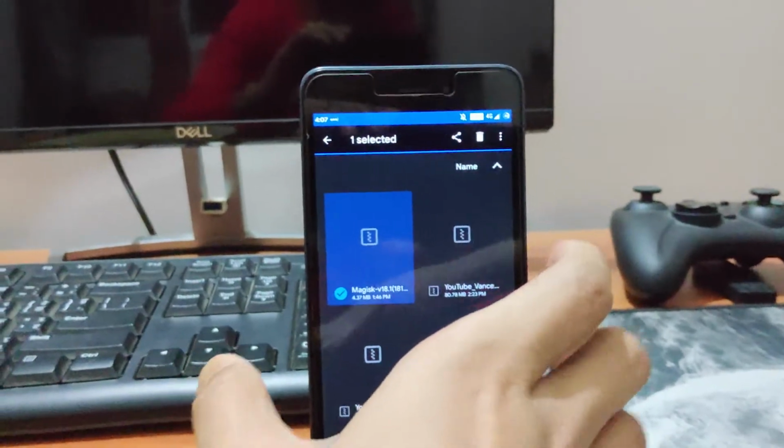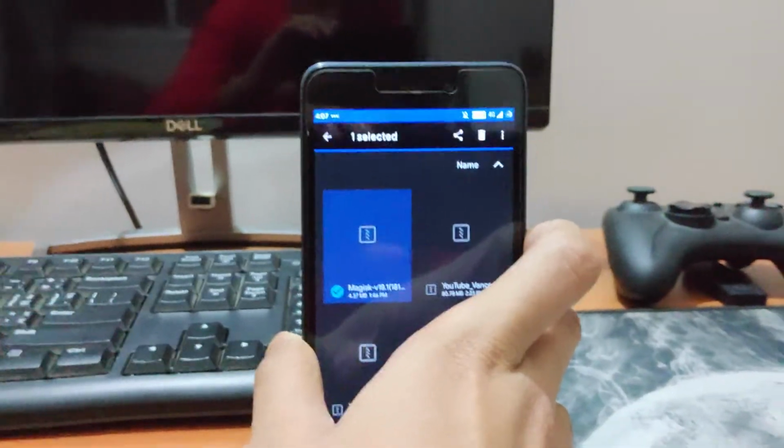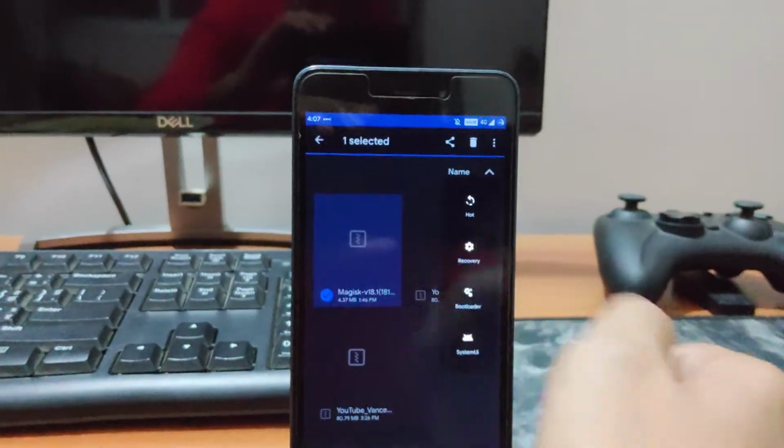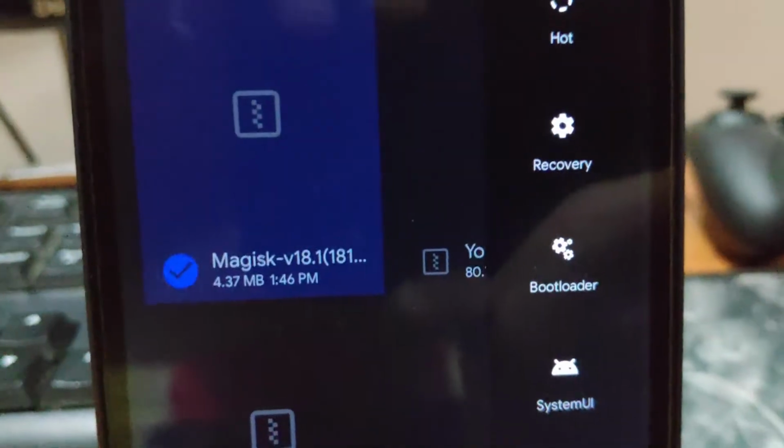Now all you need to do is reboot into TWRP recovery and simply flash the file. And that's it, you'll have Magisk Manager installed on your device. With Magisk Manager installed, you can install not only YouTube Vanced but also a lot of other Magisk modules like